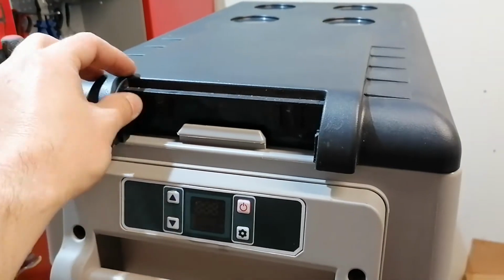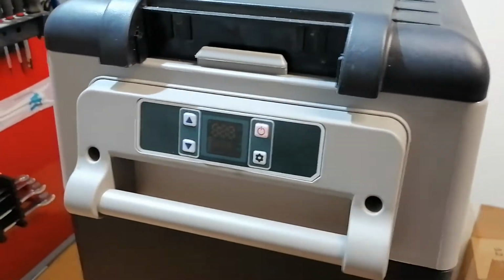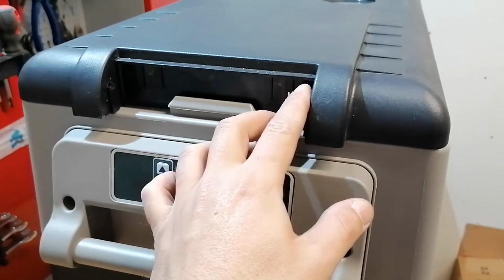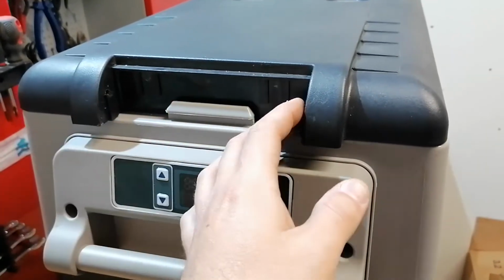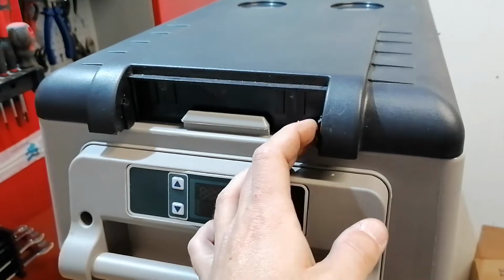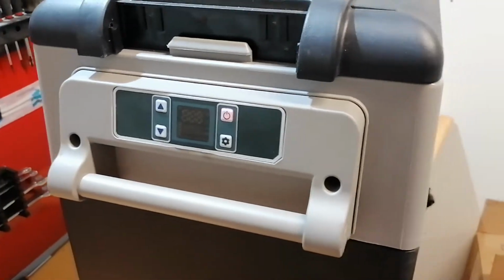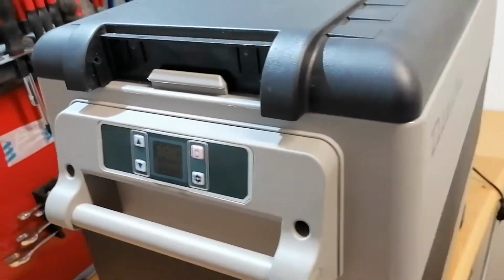Already the handle is broken, but I found the glue marks on the handle. It just fell off when I got it out of the box, so this means that it was already broken and it's not from shipping. Okay, so the problem with this one,